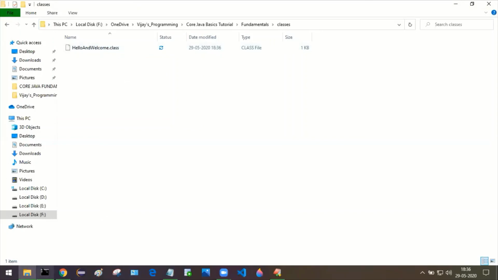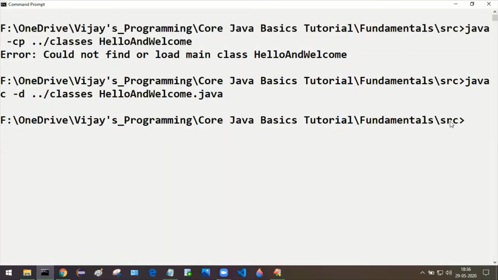This particular file we are going to execute right from the src itself. So once again press up arrow or down arrow to find the previously entered commands. Okay, java -cp double dot forward slash classes hello and welcome.